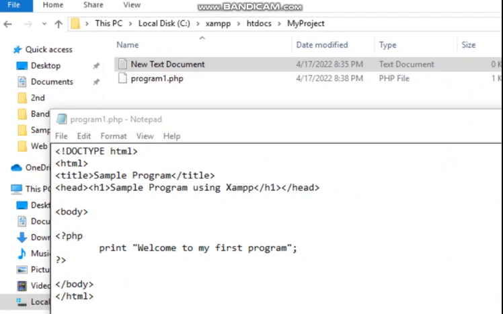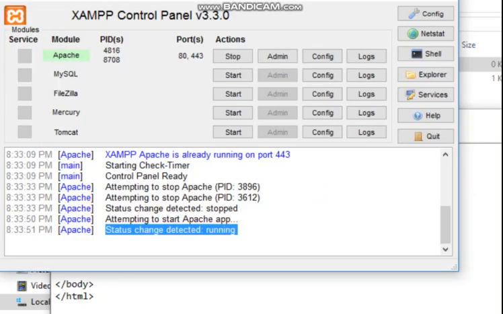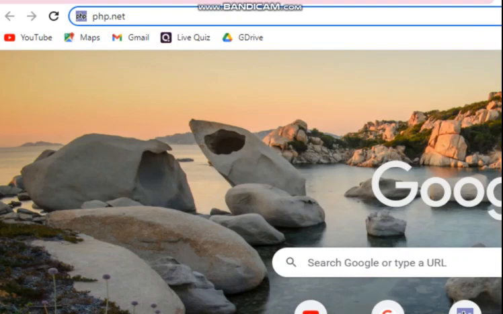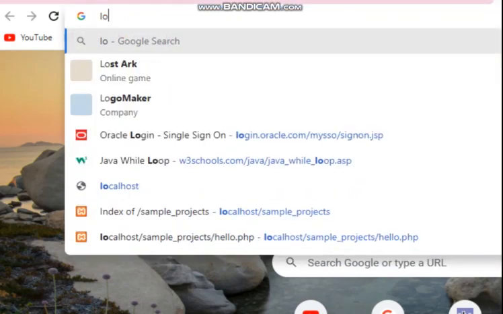So, ngayon, i-run na natin yung ating program using XAMPP. So, again, kailangan na-activate na po natin yung Apache server natin. Dapat nag-run na ito before it actually works on your web browser. So, this time, i-open na po natin yung ating web browser. So, on the URL bar, type natin dito yung